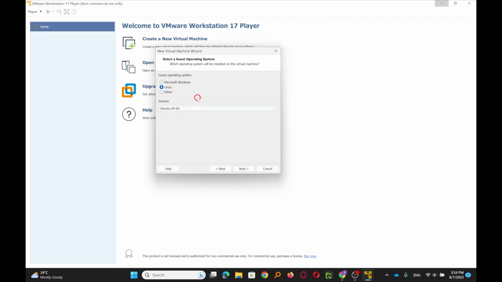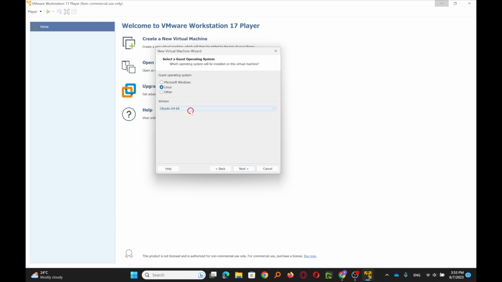On the next screen, we are to select the guest operating system. The guest operating system is simply the operating system that is being installed within the virtual machine. And the operating system on the computer you are using, whether a laptop, desktop or Mac, is the host operating system. For our guest operating system, we are installing Linux, so we'll keep it as Linux.